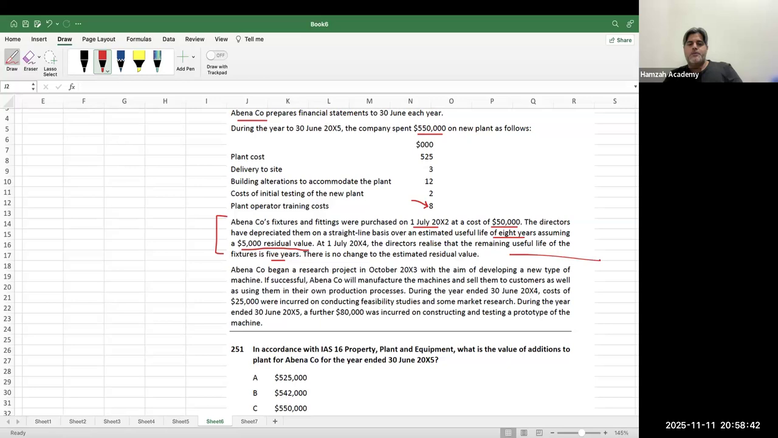And then Abina began a research project on October 2023 with an aim of developing a new type of machine. If successful, Abina company will manufacture the machines and sell them to customers, as well as using them in their own production process. During the year ended 30th June 2024, the cost of 25,000 were incurred on conducting the feasibility studies and some market research. During the year ended 30th June 2025, a further 80,000 was incurred on constructing and testing the prototype of the machine. So question number one,